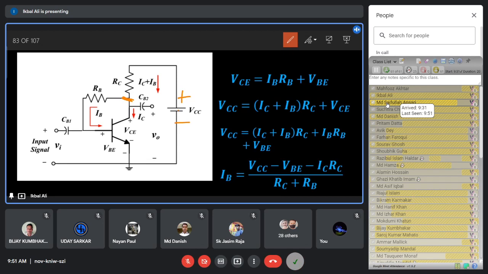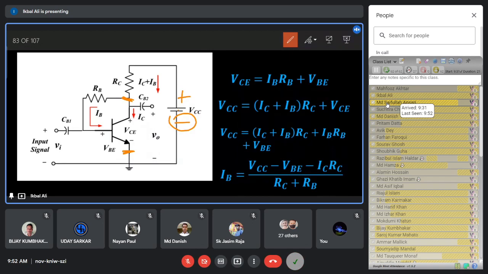But what happens to the base emitter junction? The negative terminal of the battery is connected to the emitter, which is an N-type material. So the negative potential is connected to the N material, and automatically the N emitter and P base junction will be forward biased. So the polarity of this VCC supply automatically makes the base emitter junction forward biased. And you know that in the case of forward bias, you need at least 0.7 volt to conduct current. And the base collector junction will automatically be reverse biased.